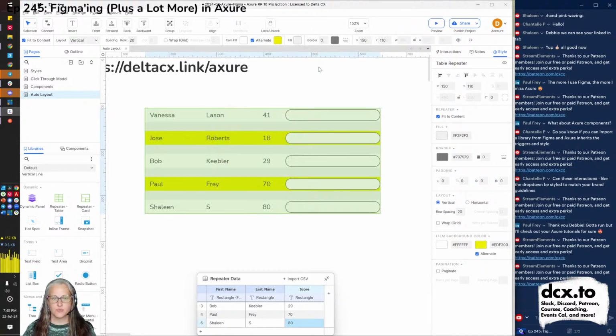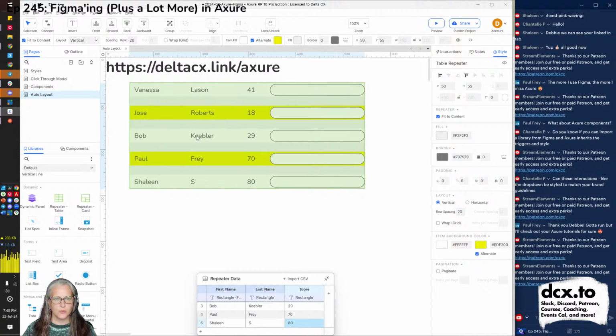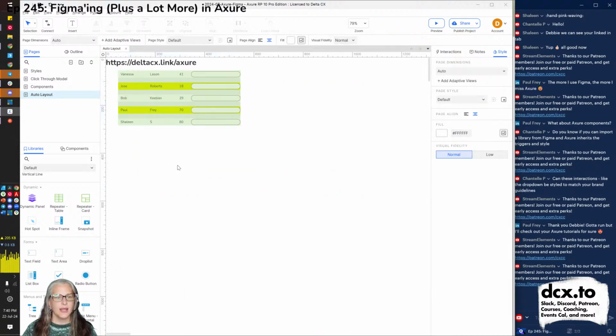Could always write to support and go, why is there a gray thing here? Okay. So that's an example of something that's using an auto layout. Let's move this out of the way and zoom out a little bit. And let's take a look at what it looks like when you drag out repeater card.